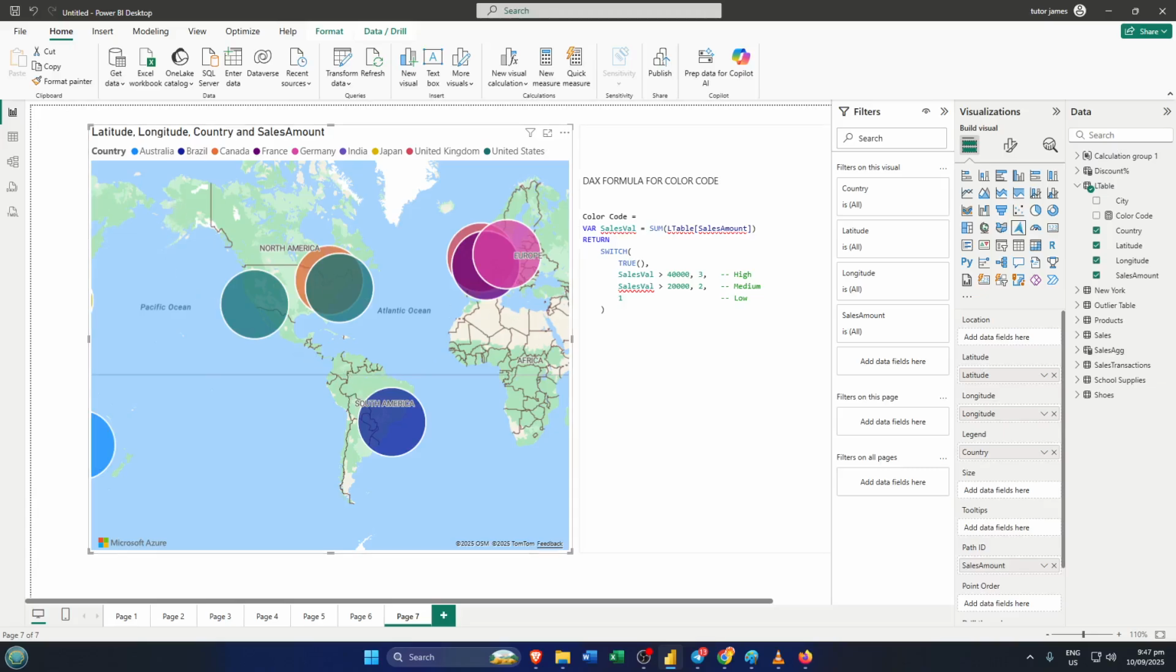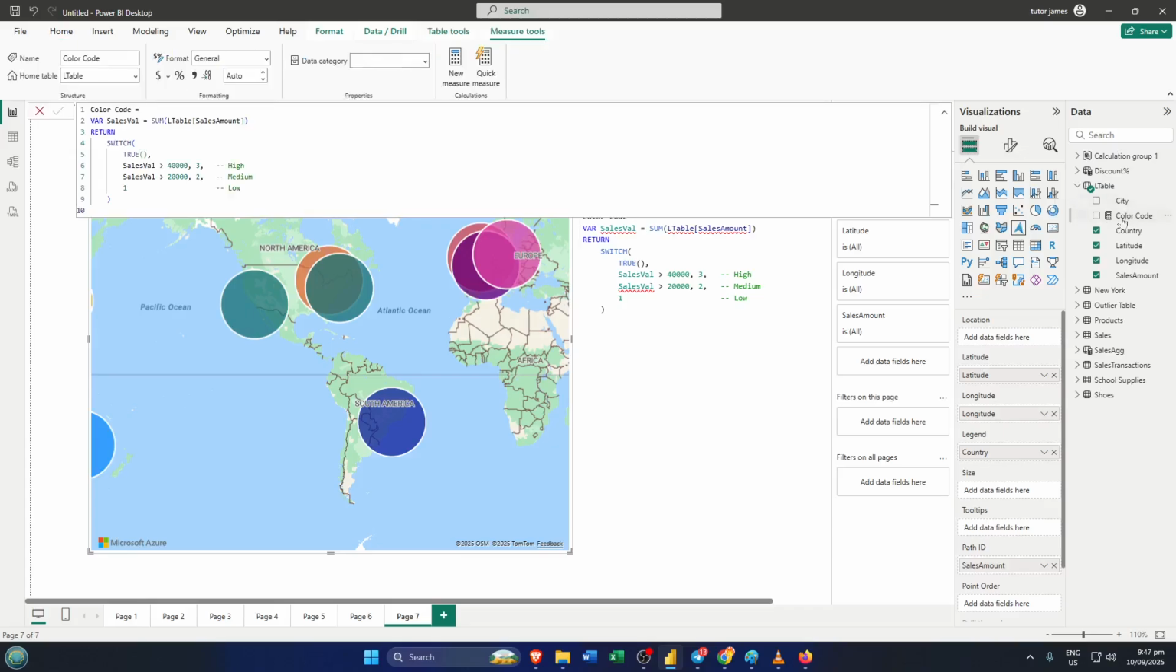Now, on the right side of Power BI, where your fields and measures live, we're going to craft a DAX formula for color coding. And trust me, DAX might sound intimidating at first, but for this scenario it's going to be straightforward and really rewarding once you see the results. So here's the DAX formula we'll use, and don't worry, I'll break it down step by step so you know exactly what's happening. The formula goes like this. ColorCode = VAR SalesVal = SUM(LTable[SalesAmount]) RETURN SWITCH(TRUE(), SalesVal > 40000, "High", SalesVal > 20000, "Medium",